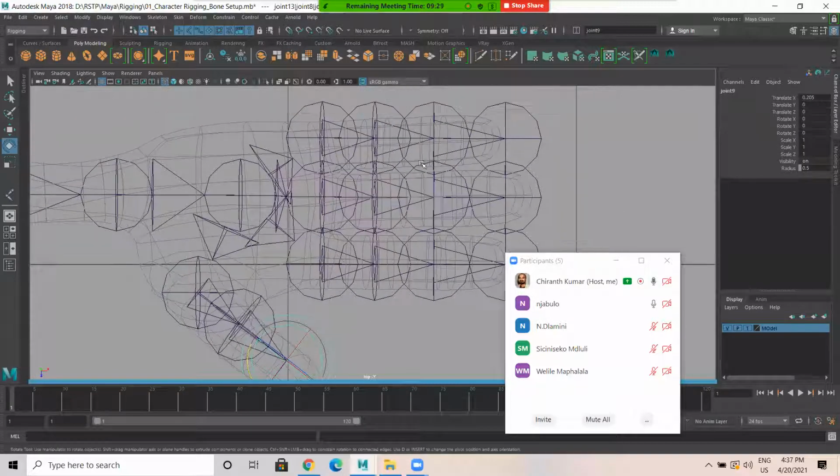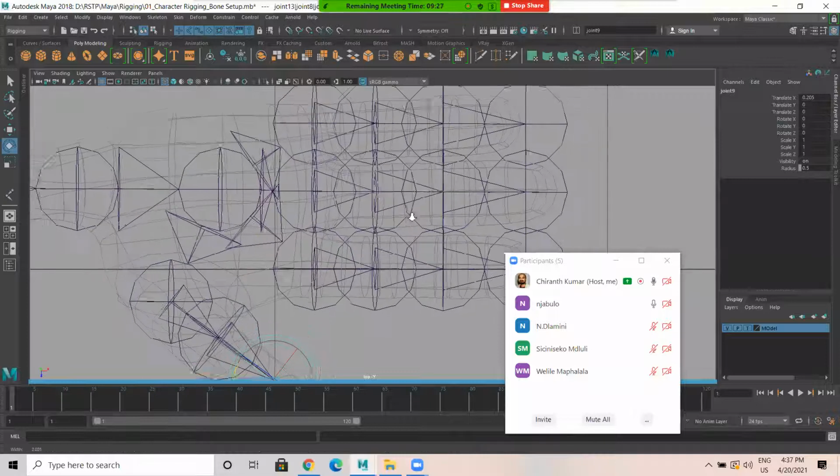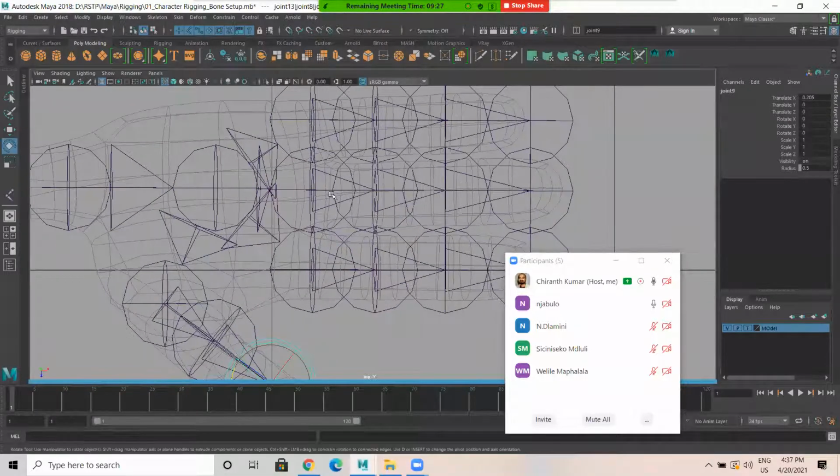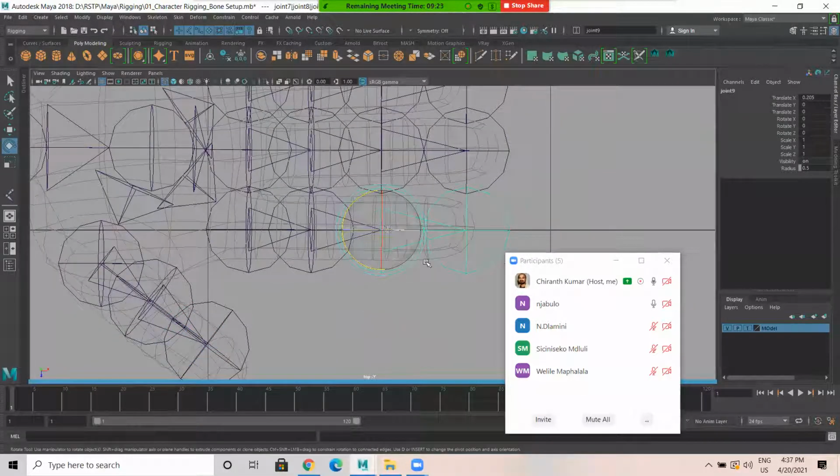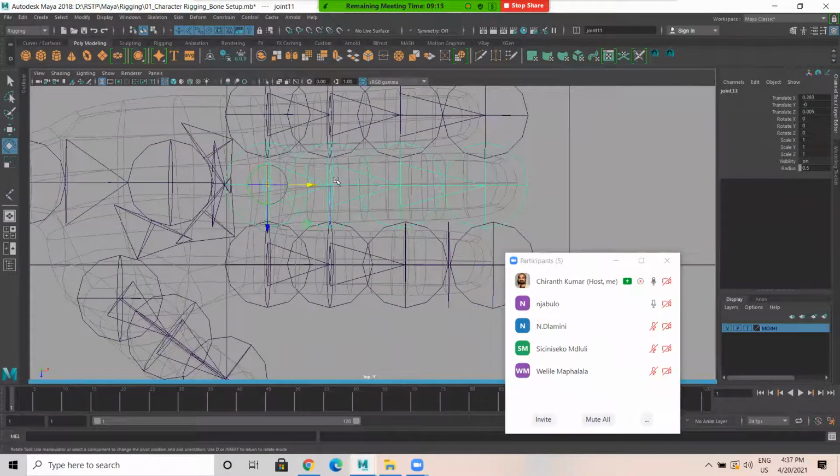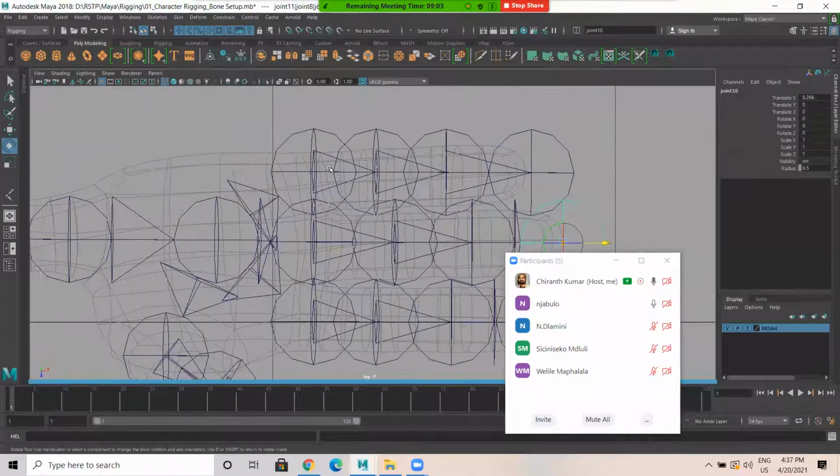Okay. So I'm selecting this. Press D. Movements only. Select this. D or insert. Insert key. This is fine. This one, it should be here. This one, see wherever this 3-3 mesh is there, wherever bend is going to happen, there only the joint has to come. It's like this.